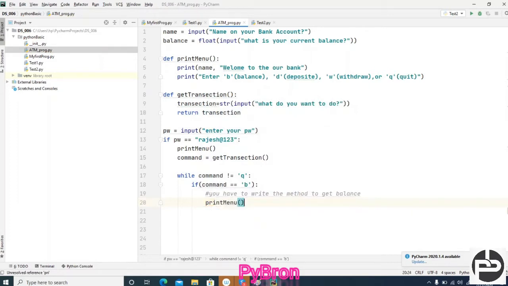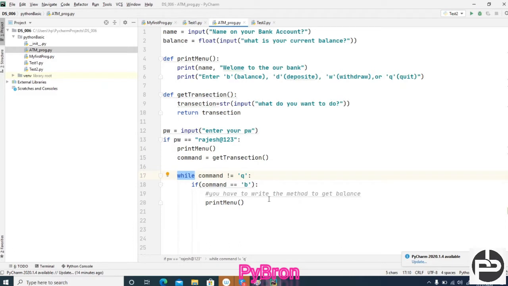Once the user gets the message of what is my balance, then again this message should display: enter B for balance, D for deposit. This message will keep on coming until you press Q, because I gave the command here, while command not equal to Q. Until you take the input Q from the user side, this command should execute.